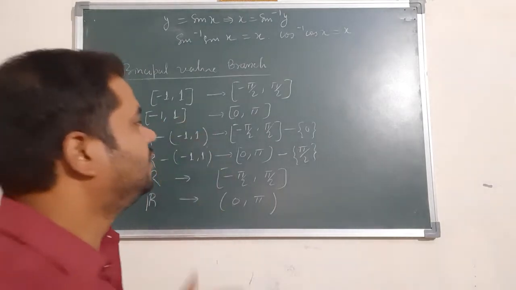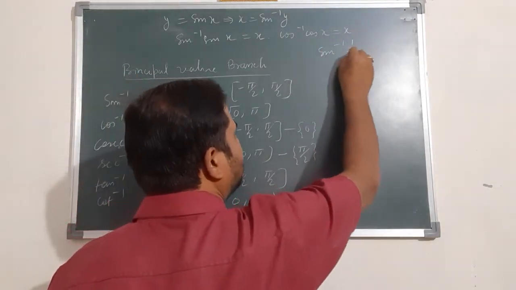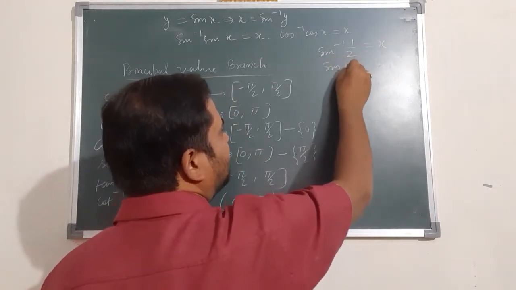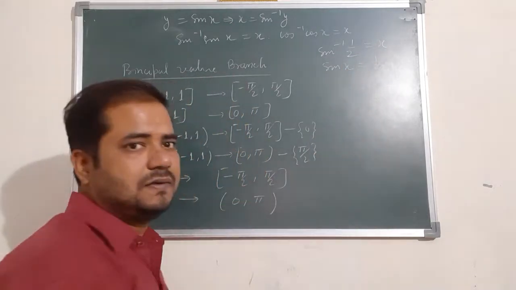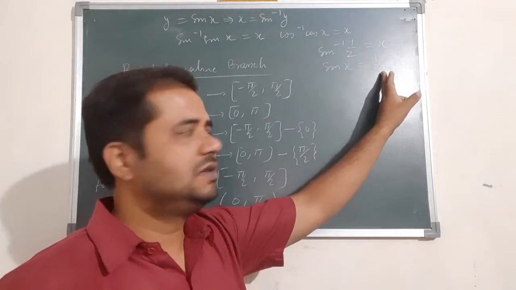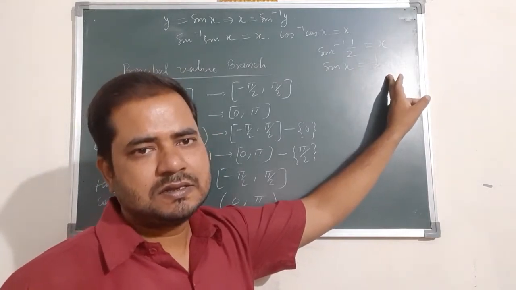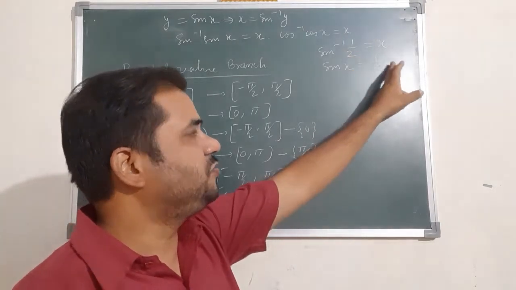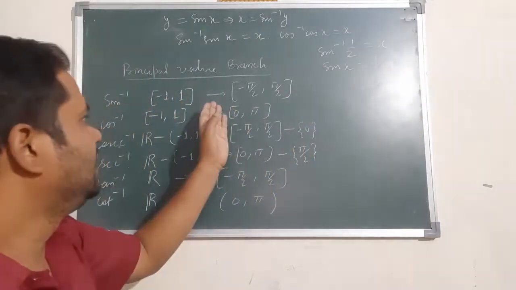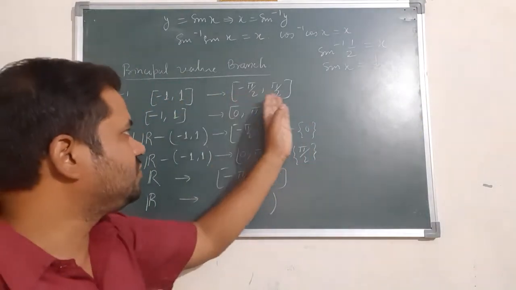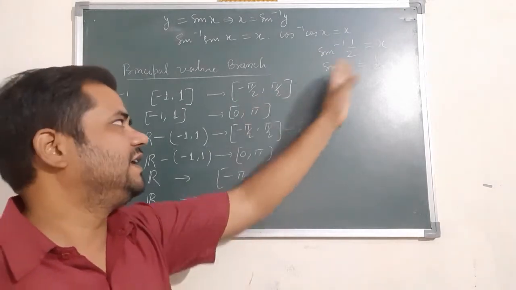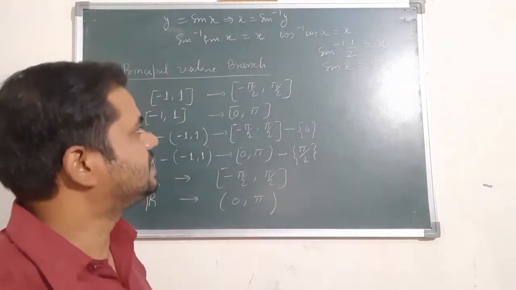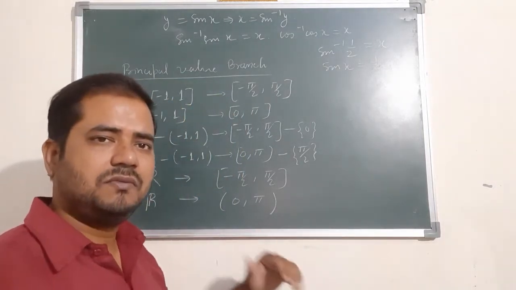If we find sin inverse of 1 by 2, suppose this is x, then sin x is 1 by 2. Then if sin x is equal to 1 by 2, then x must be pi by 6. Okay, 30 degrees, no? Pi by 6. So this is clear from this. If that particular value of x belongs to this range, then we can say yes, x is equal to pi by 6. Clear? Okay. So let us see some questions and then we will understand this.